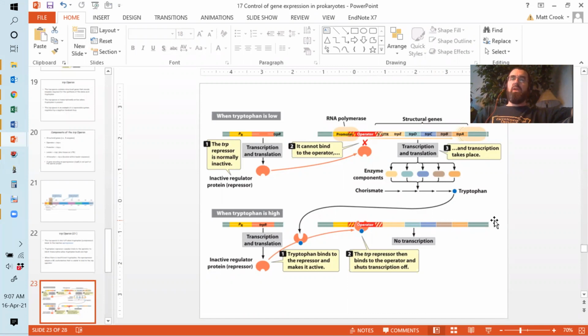Okay. And so once you have enough tryptophan, then you don't need as much trp operon expression, right? So this is a great example of a feedback loop. So as tryptophan levels rise, the amount of trp operon expression decreases. So essentially, if you're a bacterium and you're doing a lot of gene expression and translation, you're going to need tryptophan,